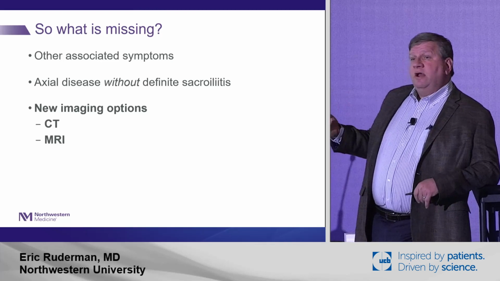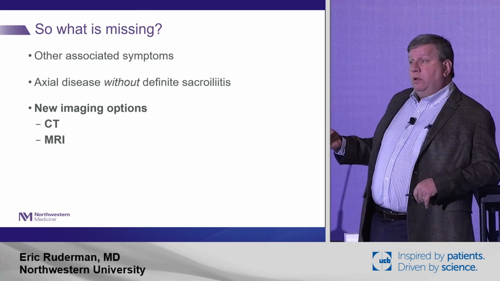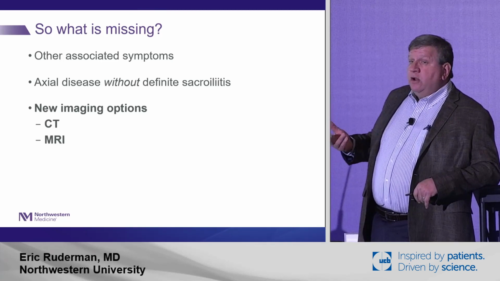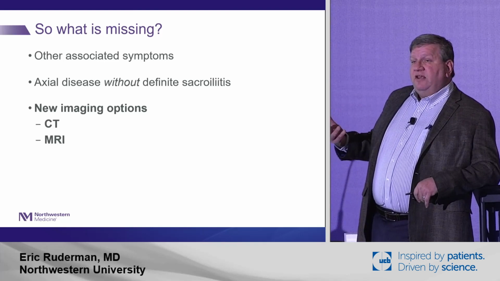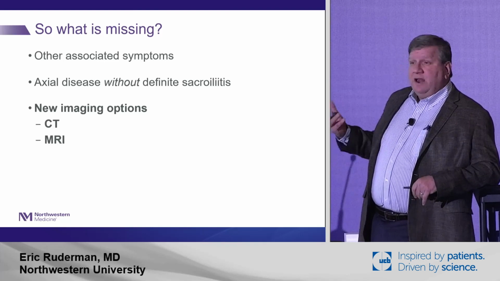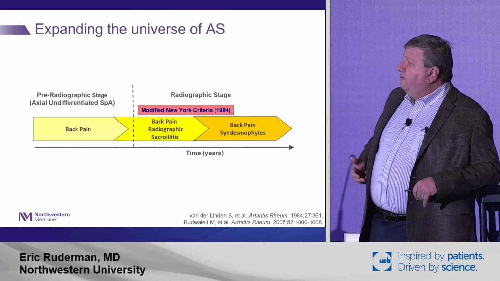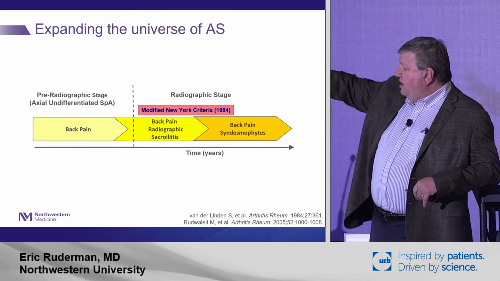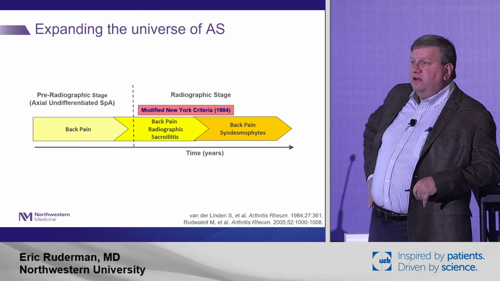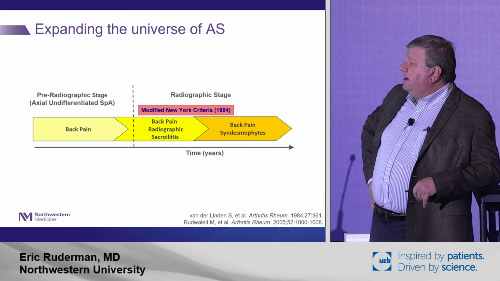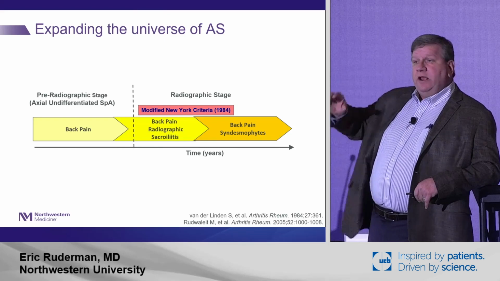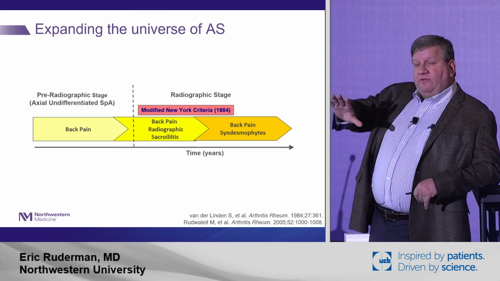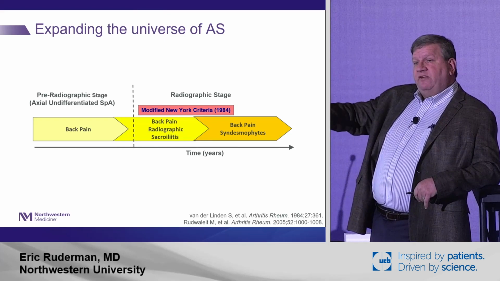And then there was the observation that there were people, particularly women, who had symptoms very consistent with axial disease, with inflammatory back disease, who did not have sacroiliitis. So that's what led to this rethinking of things about 15 to 20 years ago, with the idea that maybe this was a little bit like rheumatoid arthritis, and that you got symptoms first, later got radiographic change,